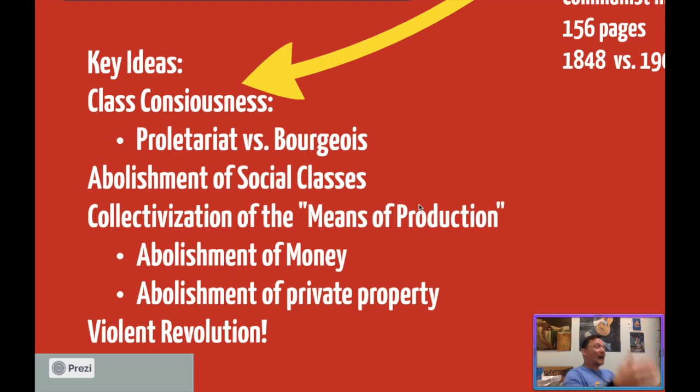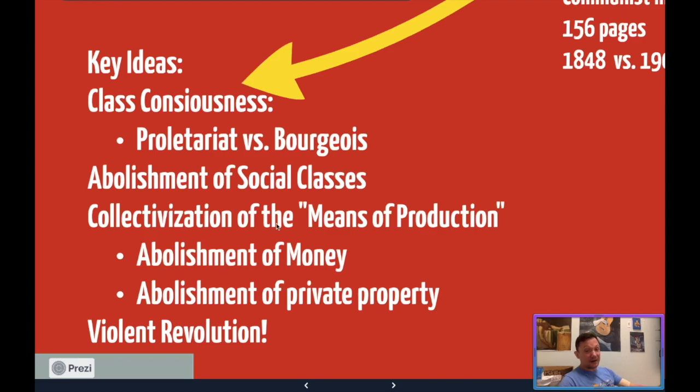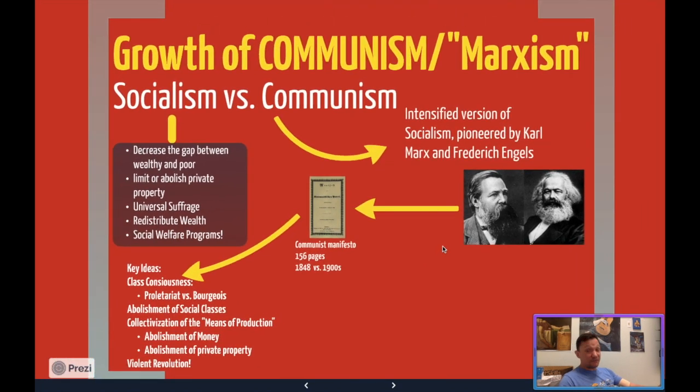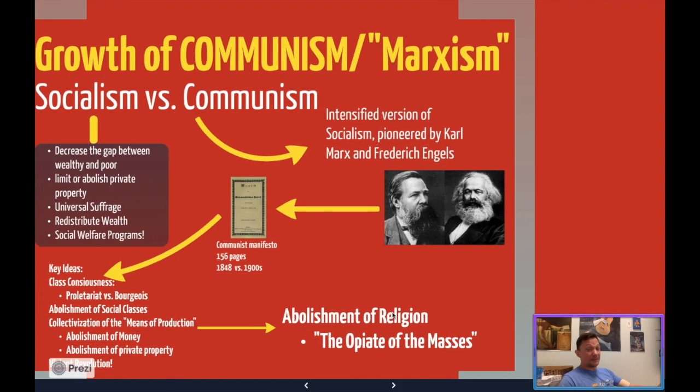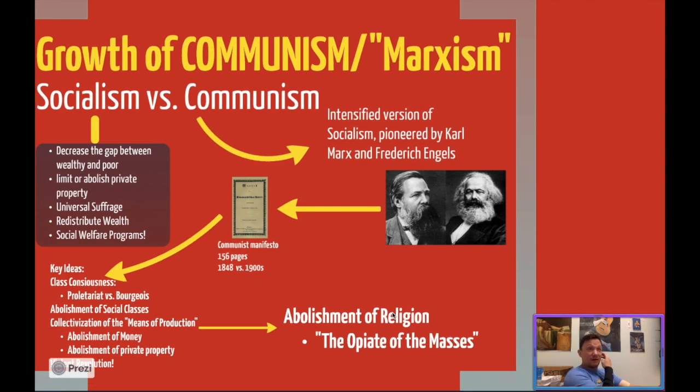And then if that was accomplished, that would lead to an abolishment of money, abolishment of private property, and eventually, Karl Marx theorized, the abolishment of religion, which he and his later followers coined the opiate of the masses, right? And so basically he said that religion was just yet another thing that divvied up people into social classes. But that right there is the earliest parts of the Russian Revolution you need to know going into our